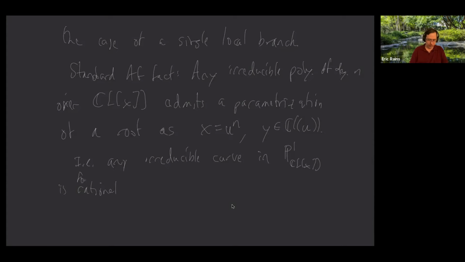Well, let's say formally rational. That it has a parameterization. Okay, so in other words, we have this thing where basically y is some Puiseux series